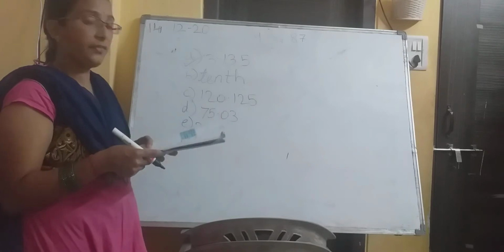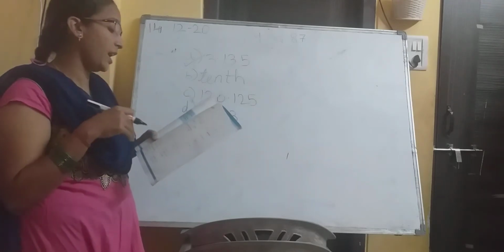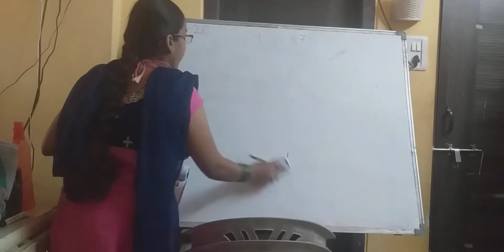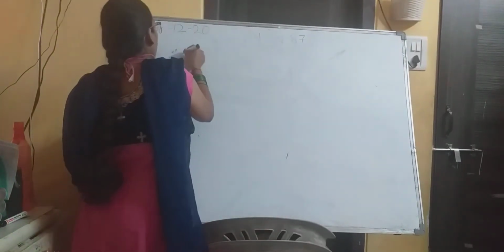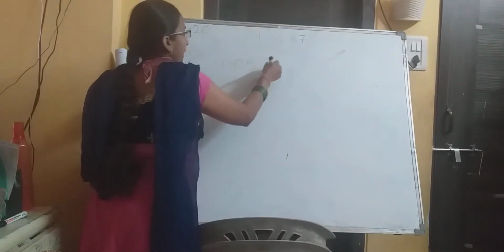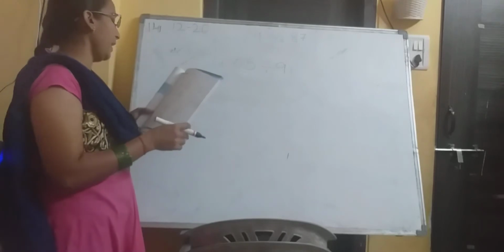Come on. After this, I am going to show you the second bit. Sums. Division. How you are going to divide. Okay, find the quotient they are asking you. Second bit, find the quotient. That is 4.05 divided by 9. Okay children, how you are going to do this? 4.05 divided by 9.